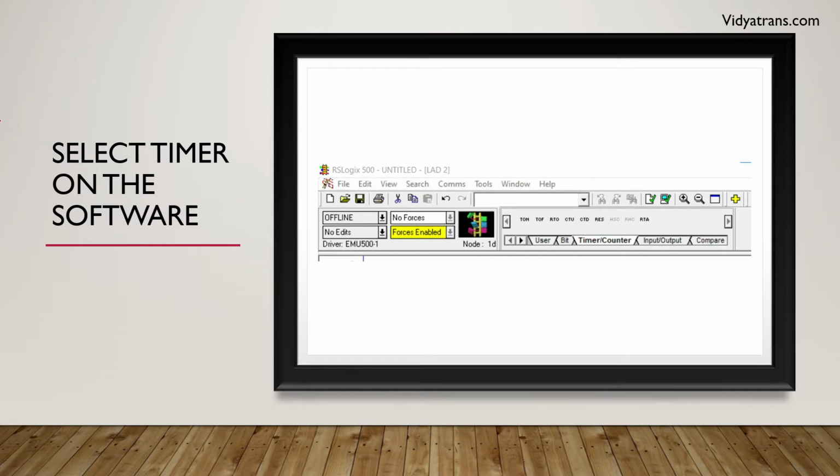How can we select a timer in the software? Here you can see your instruction palette, where you can see this T-on timer. You can select this and you get a T-on timer in your working area. This is your working area, and when you select it, you get this T-on timer.